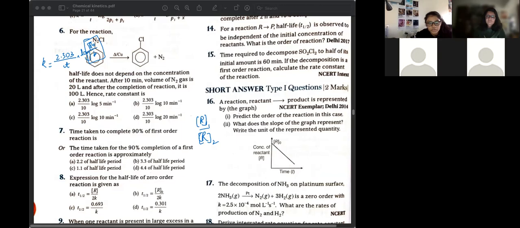I was thinking it'll be 20 by 100. No, but these are volume of N2. In your rate constant equation, you need concentration of the reactant. Oh yeah. K is equal to